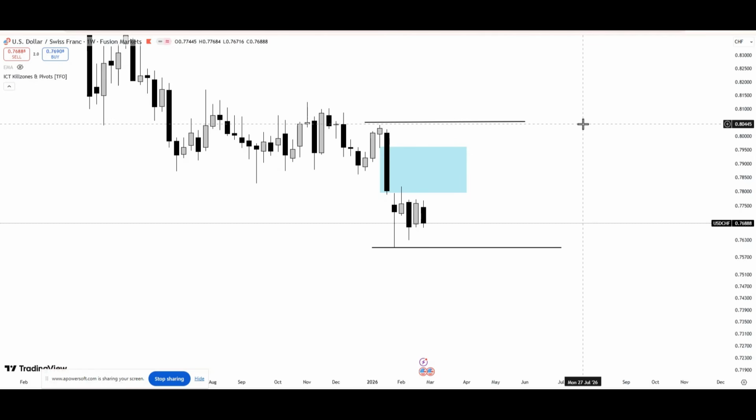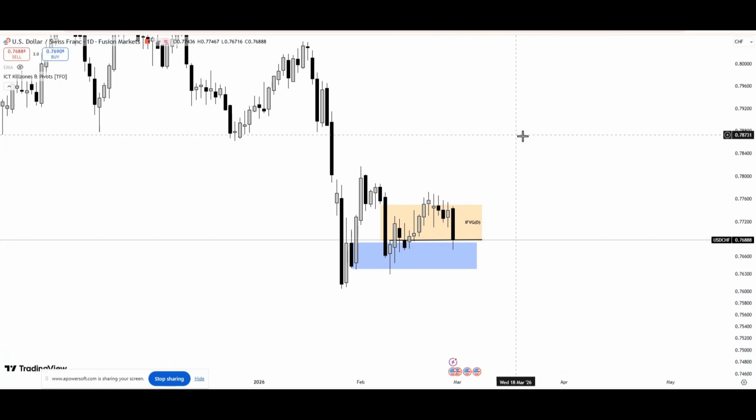So let's look at the weekly time frame. If you look at the weekly time frame, still the same thing as DXY. You can clearly see there's this weekly fair value gap, and we are still at the price target, and then this is more of a consolidation, and this is where we are stuck. So let's look at the daily time frame.